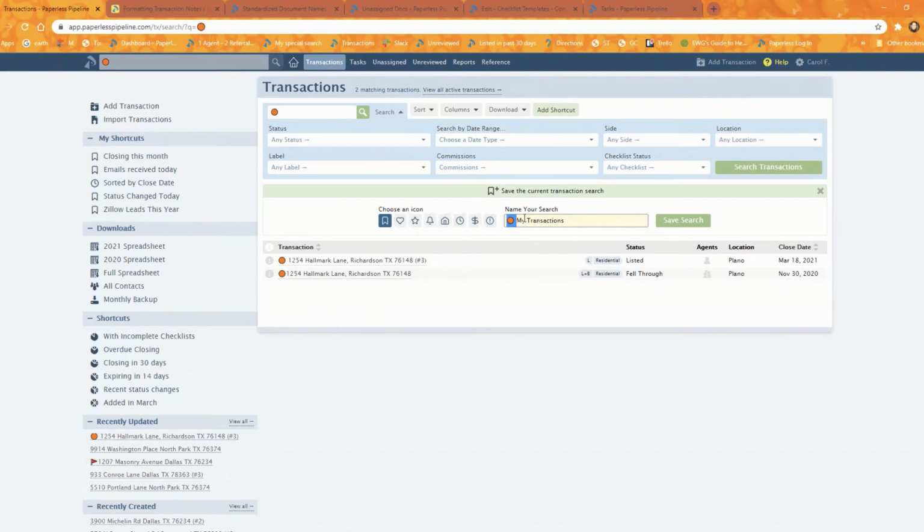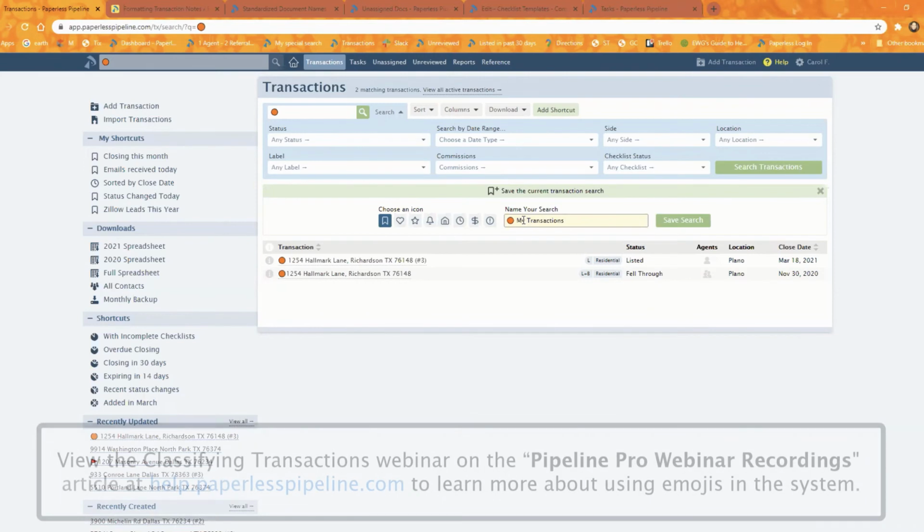And this is just a piece of text. So this dot is going to appear anywhere your transaction name appears. So keep that in mind. In nearly all cases that will be helpful. In some cases, people don't want to see it in their email, and when they send an email, they don't want to see that as part of the transaction name. There's a way to suppress that. Take a look at our visual indicators